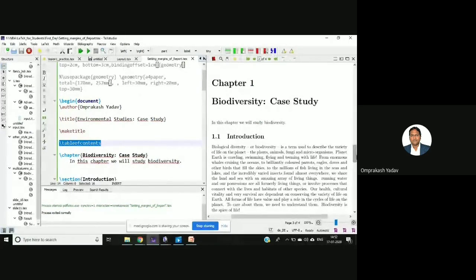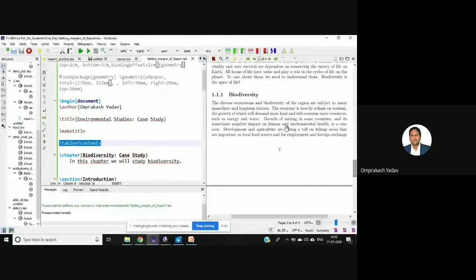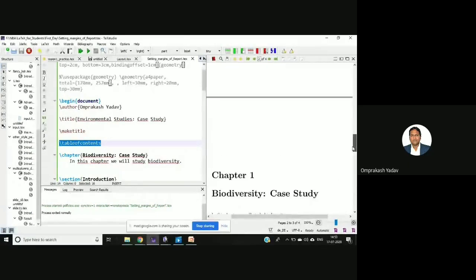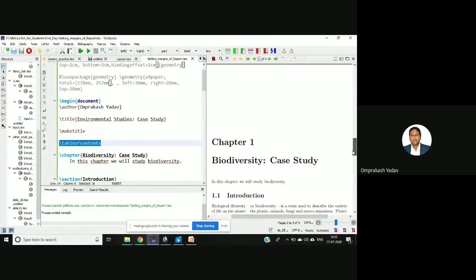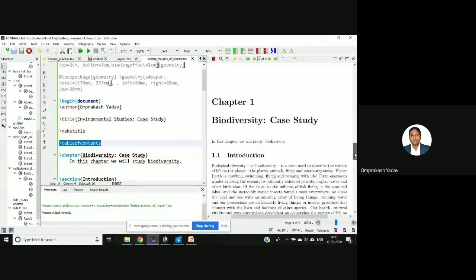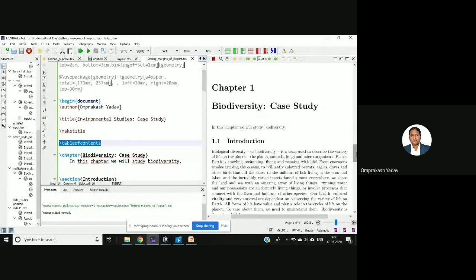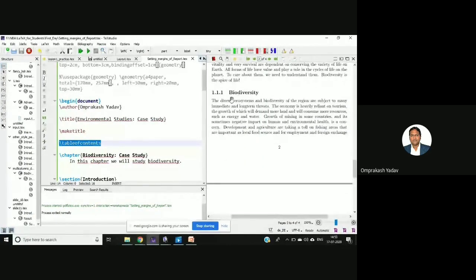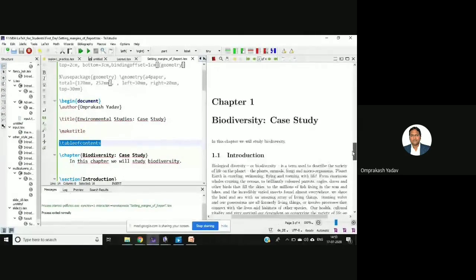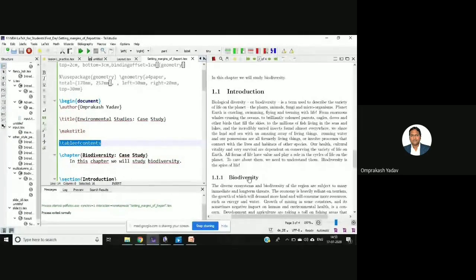Yeah, the heading, chapter, and contents are automatically added, right? Okay. So chapter 1, biodiversity case study. Then in that there is a subsection, biodiversity 1.1.1.